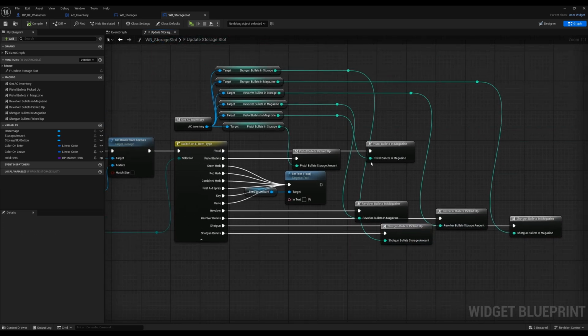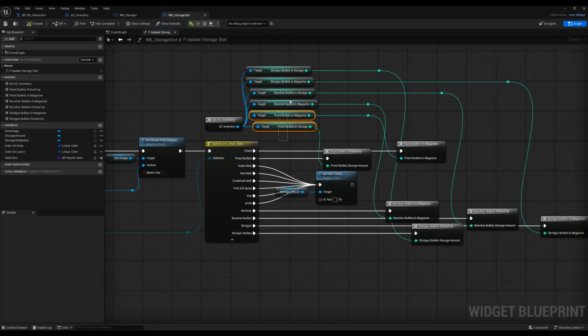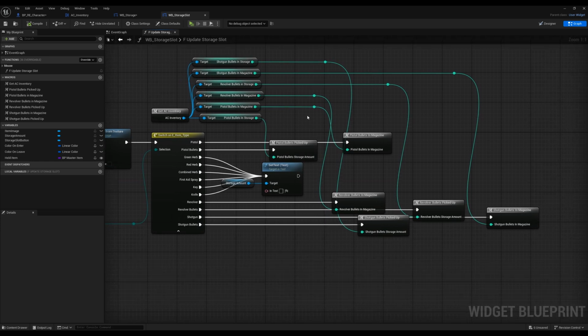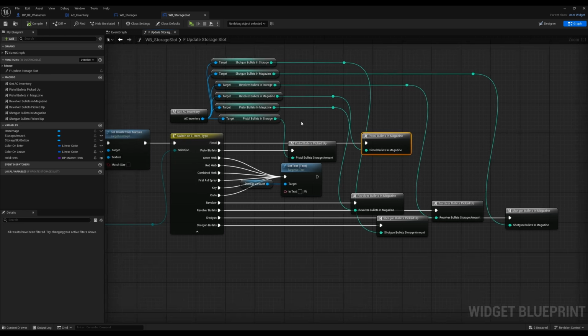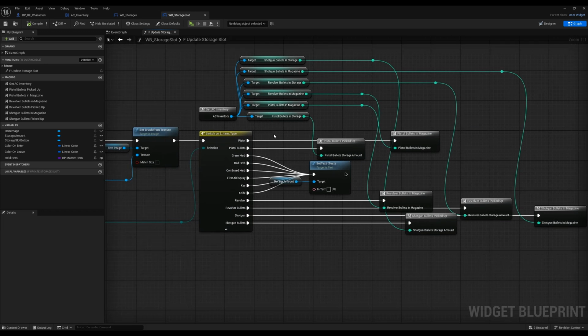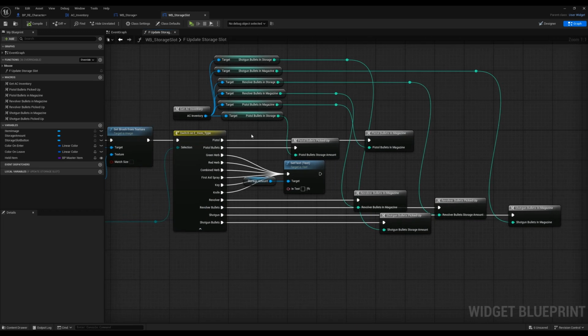So now, in order to connect all those, you need 3 new integers. For the weapons itself, you don't need anything, because we are just using the get pistol bullets in magazine, get revolver bullets in magazine. You have those integers already. You just connect them, and this is it. So we are lucky for our weapons, but we are not really lucky for our bullets, because we need to transfer our